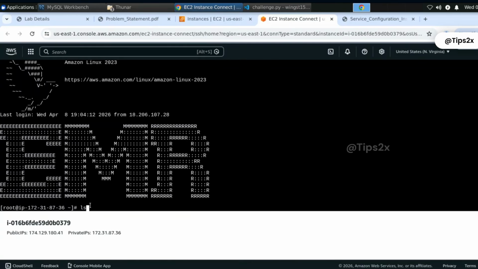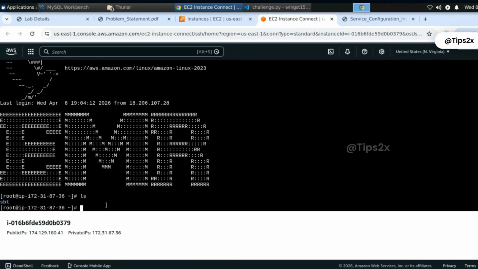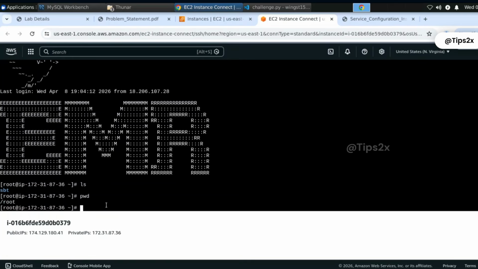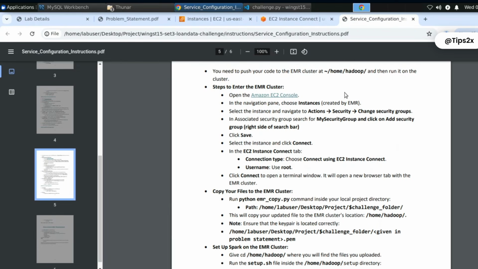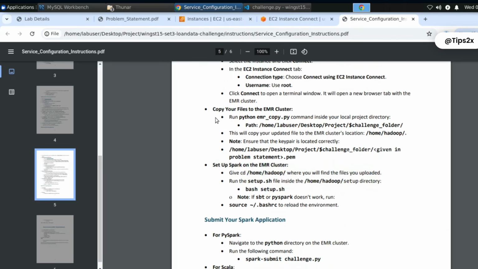Now type ls. There is nothing there. For the current working directory, type pwd. Right now we are inside the root, so we have connected through the root. Next, copy your files to the EMR cluster. We need to run this command, python emr_copy.py, inside our local project directory, that is VS